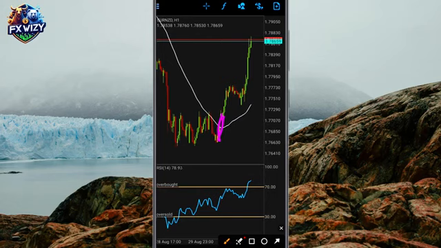And here, make sure also that the market is oversold, so it's deep below the 30 level. Once you see that the price on the main chart is above this moving average, and the RSI is deep down,